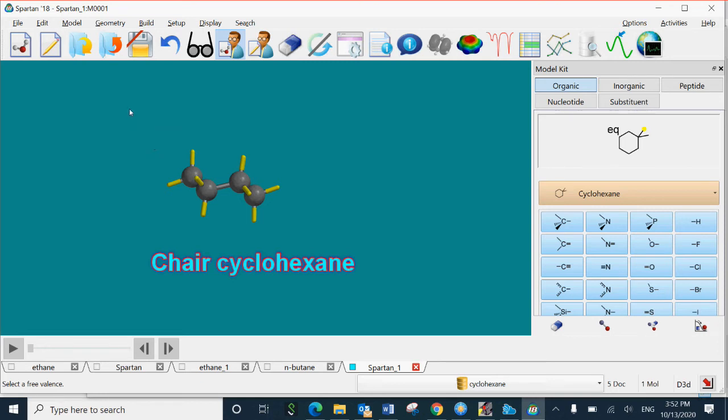You can see carbon 1, the chair form. Each carbon has axial and equatorial hydrogens. Carbon 1, 2, 3, 4. You can orient it in the chair form. Okay, this is already the chair form, so now you need to find the